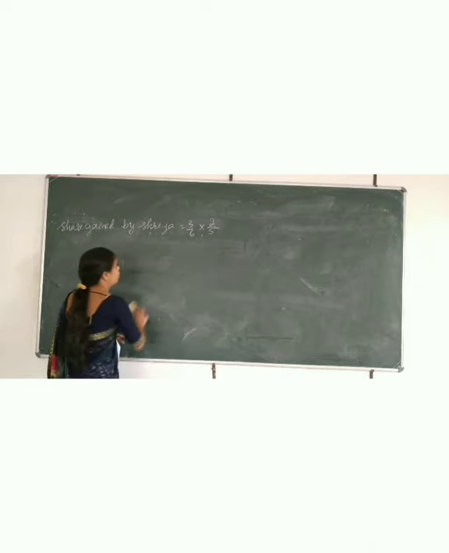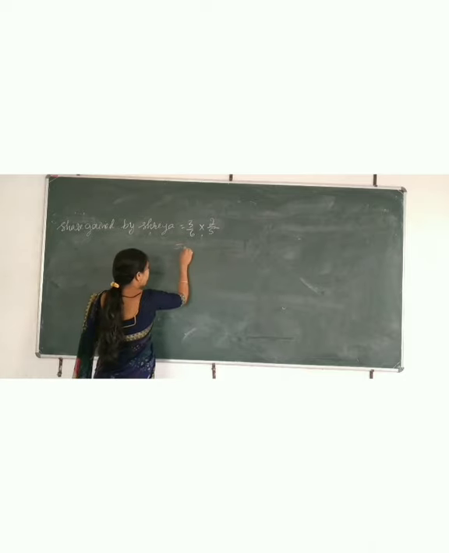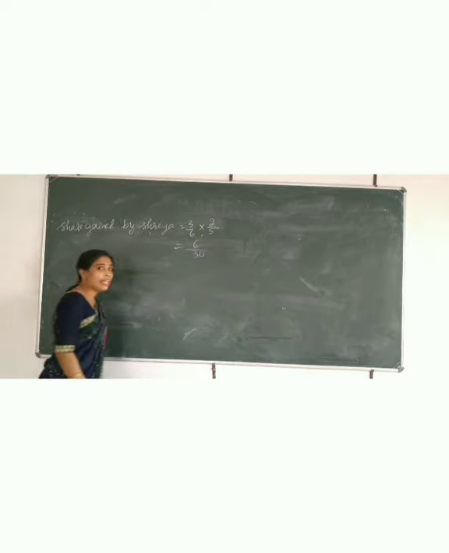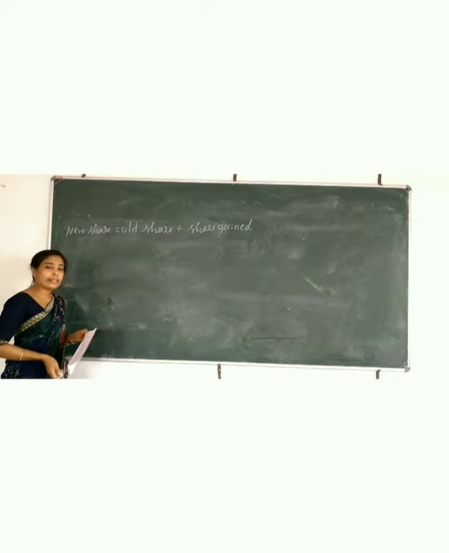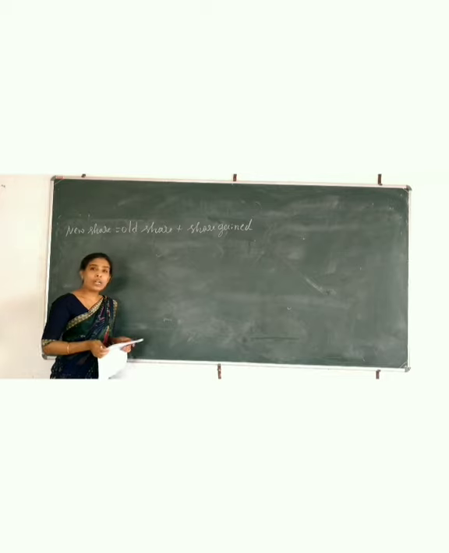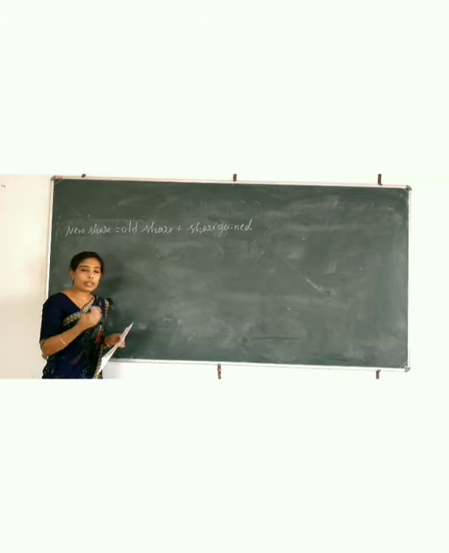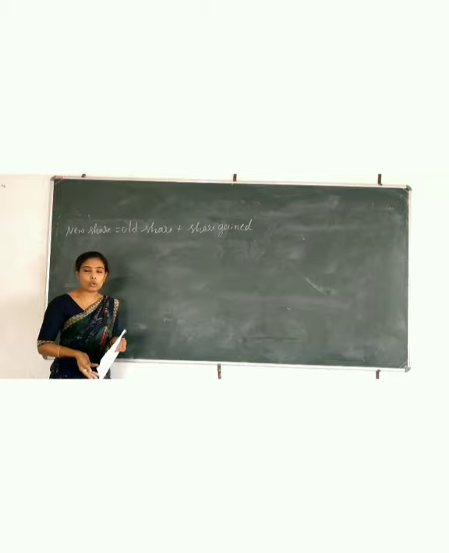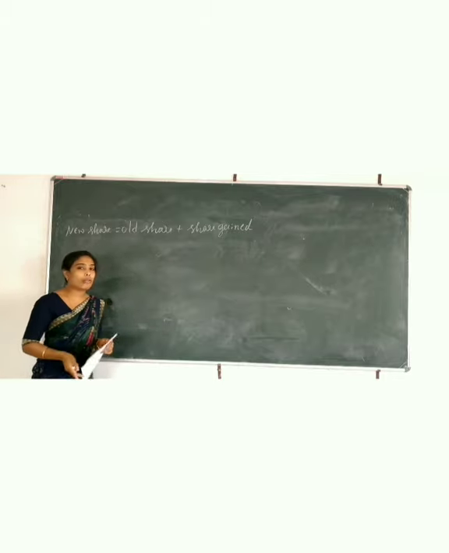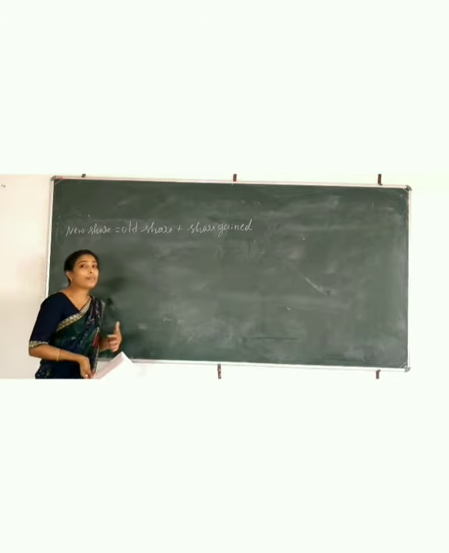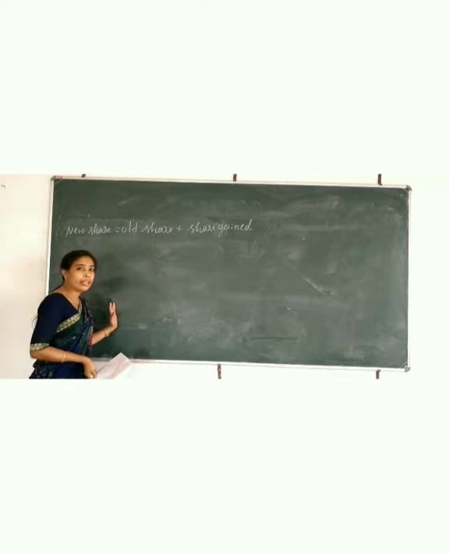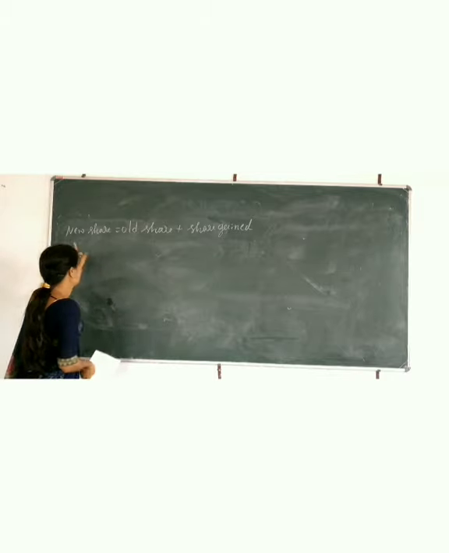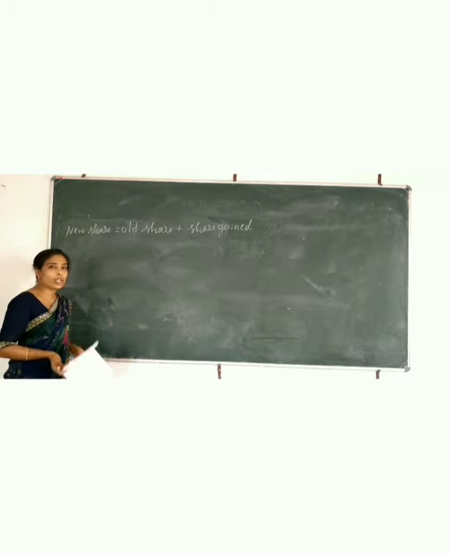Now, 6 fives are how much? 6 fives are 30, and 3 into 2 is 6. We got the gain ratio now. After calculating the gain, which is acquired from the retiring partner, when Alka retired, the continuing partners, Harpreet and Shreya, acquired her share. Now we got the share gained by them. After that we need to calculate the new share, which means the new profit sharing ratio.